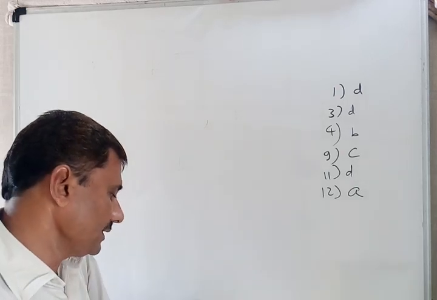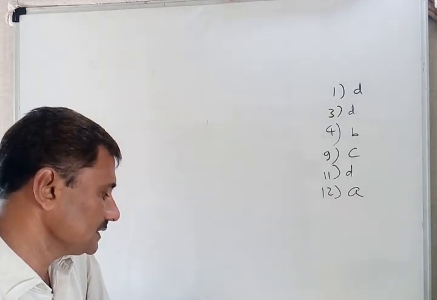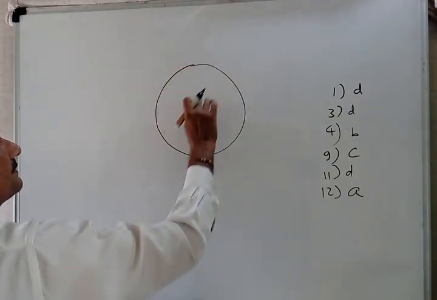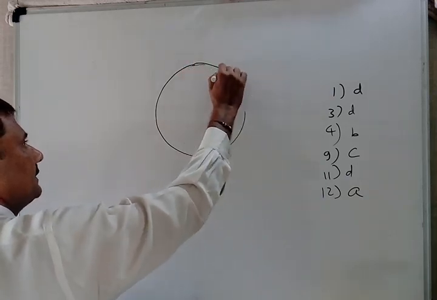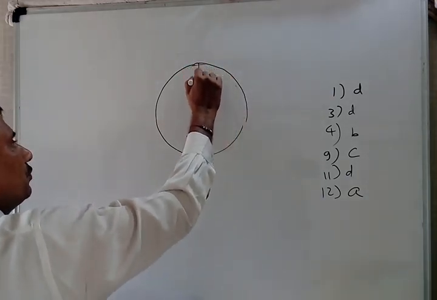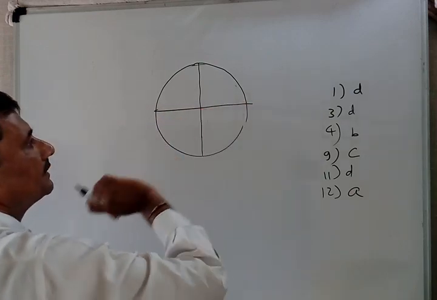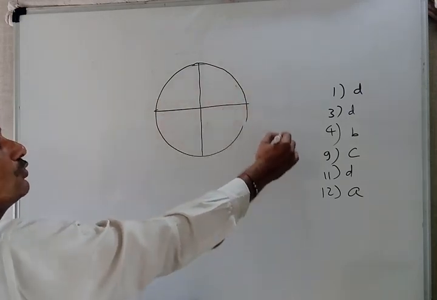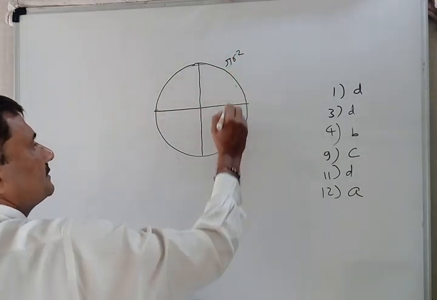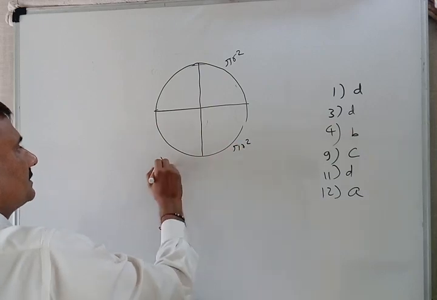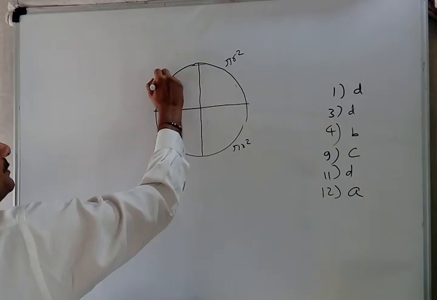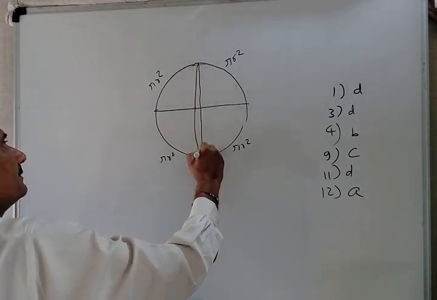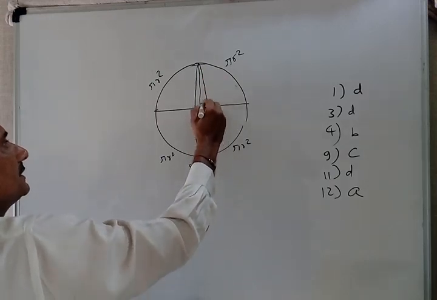After dividing a sphere into 4 equal parts, the total surface area is, just try to understand here, suppose one sphere. If I divide it into 4 equal parts, then what happens? The total curved surface area is 4 pi r square. So each part becomes pi r square, a fourth part of that. But here these types of surfaces are open, and here also.